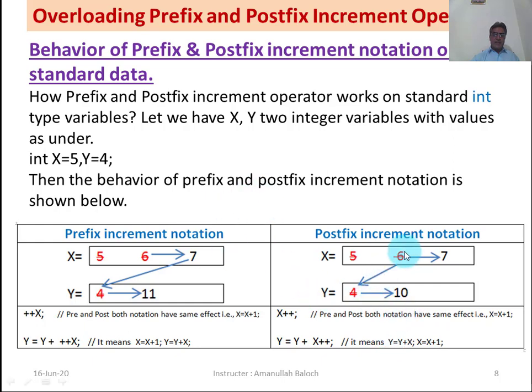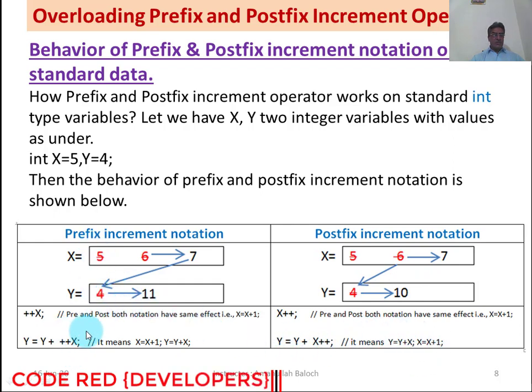You may see here the value of x is 6. 6 will be added to 4, and the value will become 10 and 10 will be assigned to y. The new value of y is 10 and then x is equal to x plus 1. The value of x is 6, 6 plus 1 is equal to 7 and the new value of x will become 7. x will increment itself later. In postfix notation it will work like this.